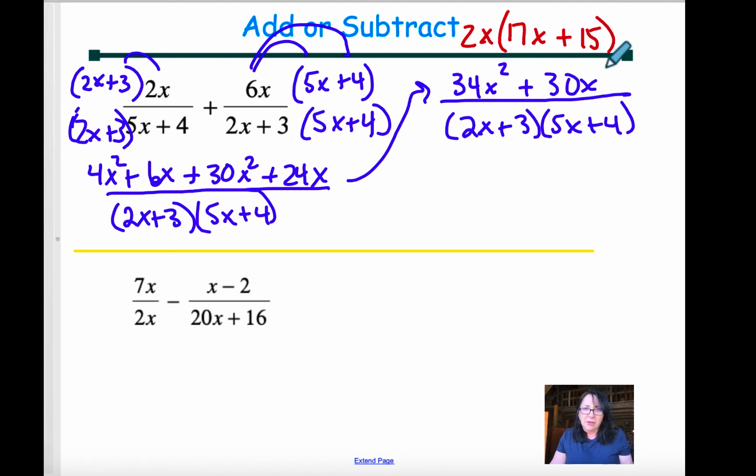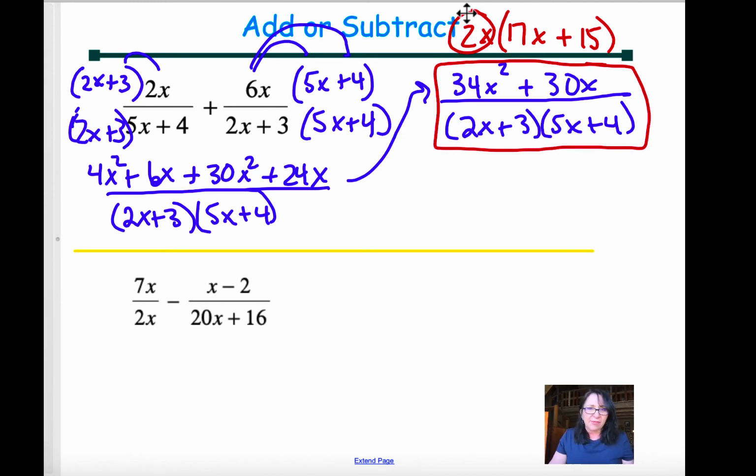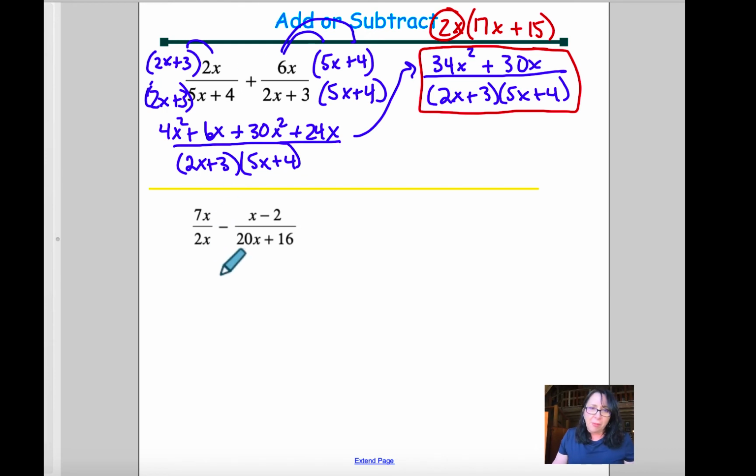That really actually didn't do anything for me. So I would just leave my answer like this, because this 2x definitely is not canceling with anything on the denominator unless there was a number outside, right? If there was a number outside the parentheses that I was multiplying, then I would definitely be able to cancel that. For this problem here,